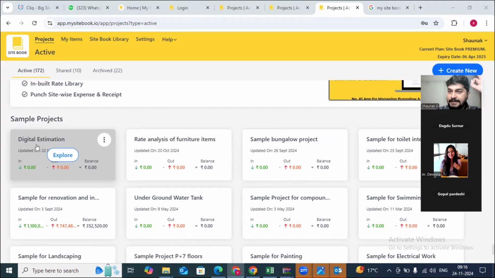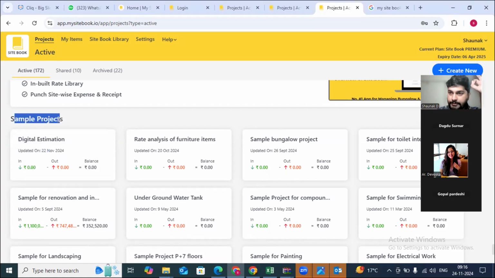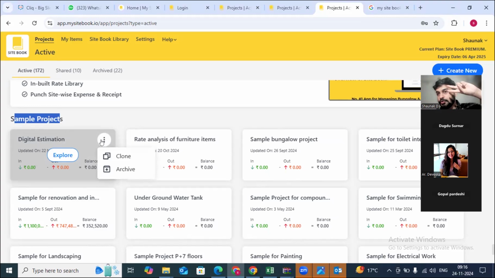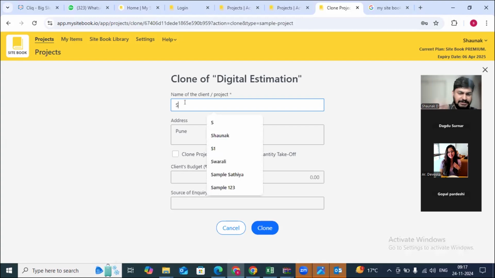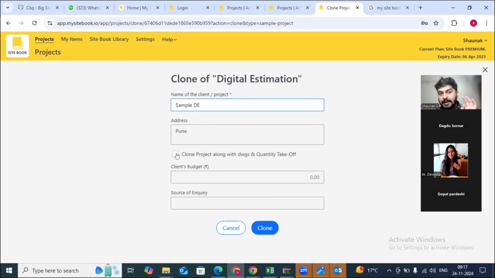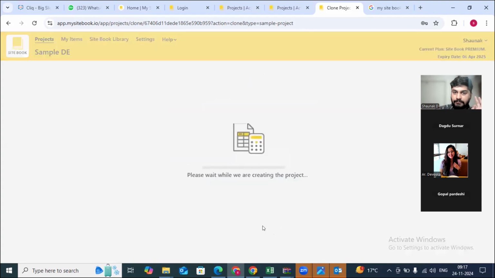Okay. Digital estimation, we have the sample project here. What I want you to do is not click on the project, but click on these three dots. Once you click on these three dots, you're going to get two options. One is clone, second is archive. I want you to clone the project. Put sample project, digital estimation, whatever you want. I'm going to put it as sample DE. And I want you to click here, clone project along with drawings and quantity takeoff. There is already a drawing in the project. Quantities are not put. There is a drawing. So just click on that and click on clone. Once that is done,